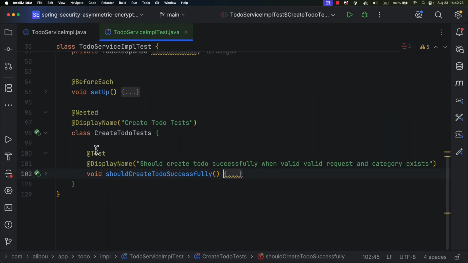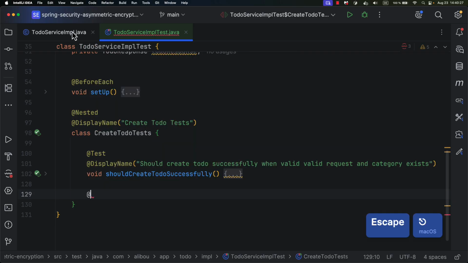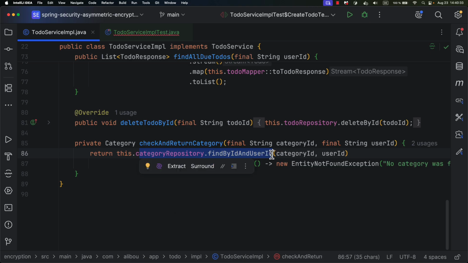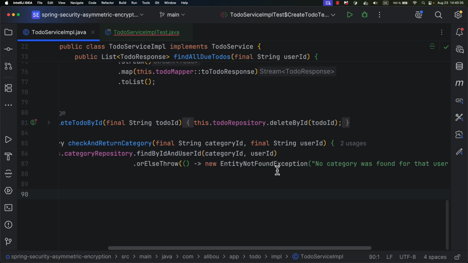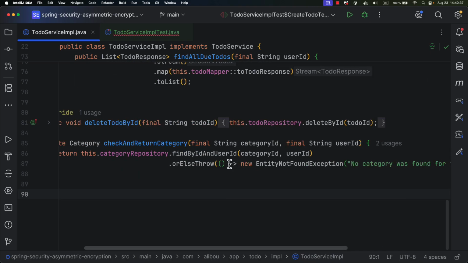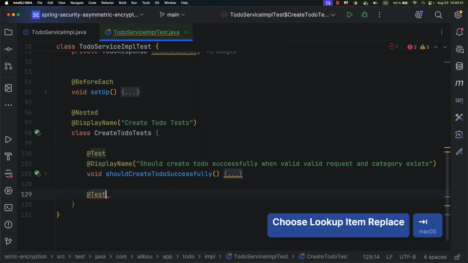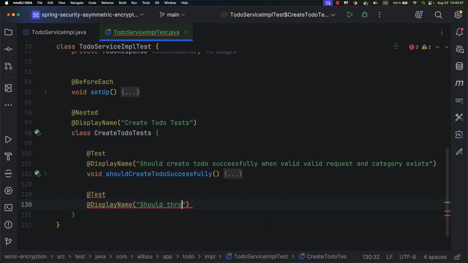So I will collapse this one and I will create another method. This method will test the following scenario. Here we know that when we try to fetch a category by ID and user ID, it might throw an entity not found exception. So let's test this scenario. Here I will say it's a test, and then display name: should throw entity not found exception